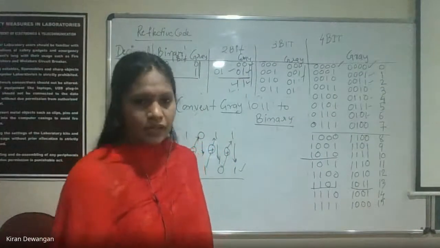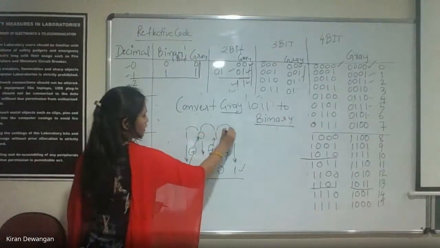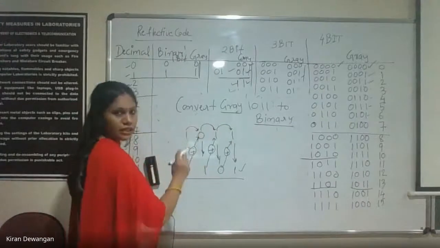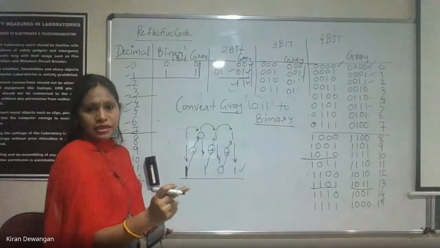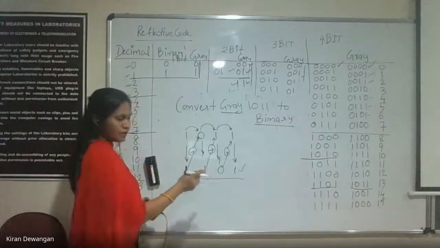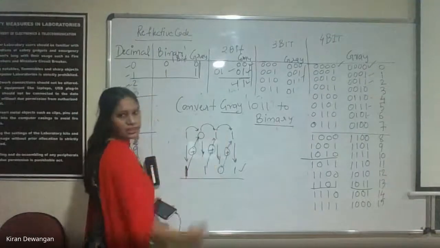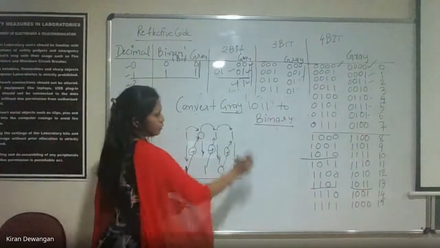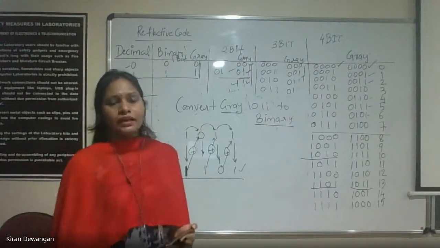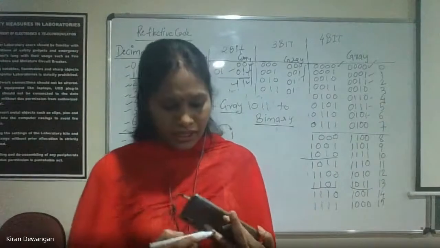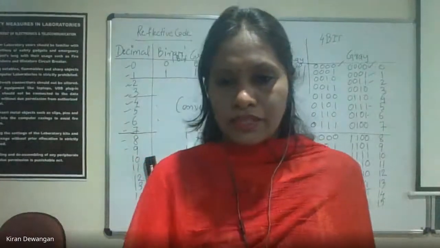This is simple. जैसे हमने बाइनरी टू ग्रे किया था, इसमें आप इसी को कर रहे थे. Clear? In the binary to gray, we were XORing among the binary bits. In the gray to binary, binary bit with next gray bit, binary bit with the next gray bit. Clear? So this is how we'll be getting our gray to binary code conversion. ठीक है? Now let me just share this slide.